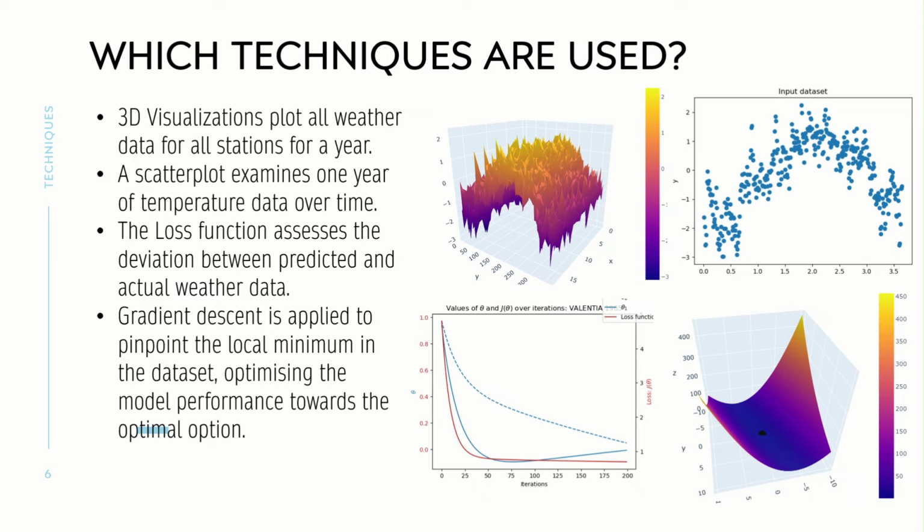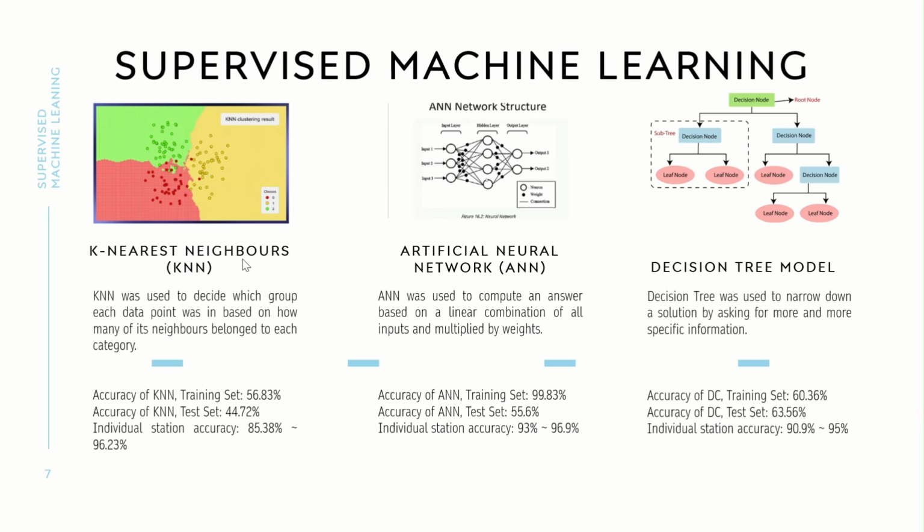Moving forward, I will explain the supervised machine learning models used in this project. The first model we use is KNN, which stands for K nearest neighbors. It determines the class of a data point based on its neighbors. The training accuracy is about 56.83% and the accuracy for the test is about 44.72%. The individual station accuracies vary from 85.38 to